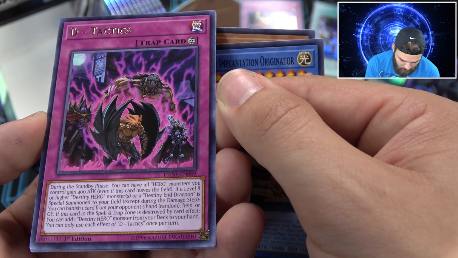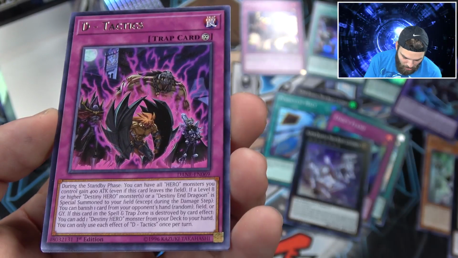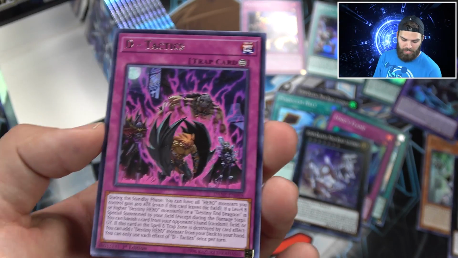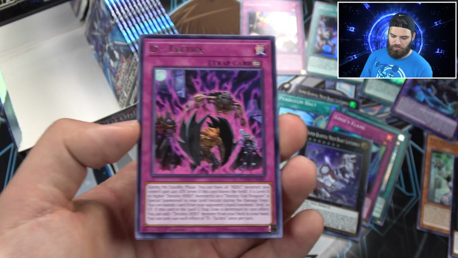Maybe it says at the bottom. If this card in the spell trap card zone is destroyed by a card effect, you can add a Destiny Hero monster from your deck to your hand. You can only use each effect once per turn. So you can activate this, destroy it with one of your own cards, go search for a dude, all